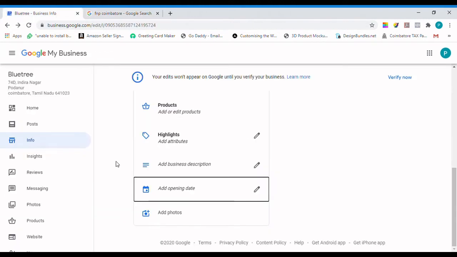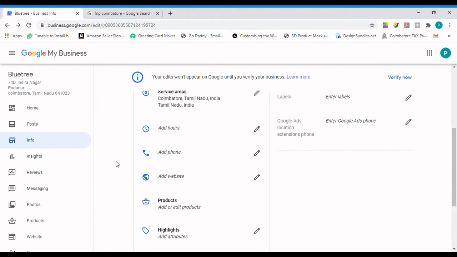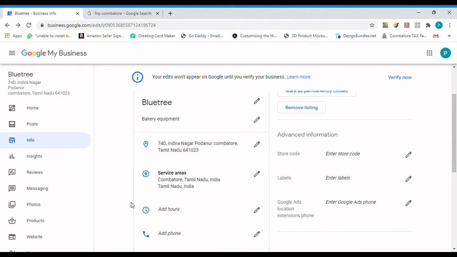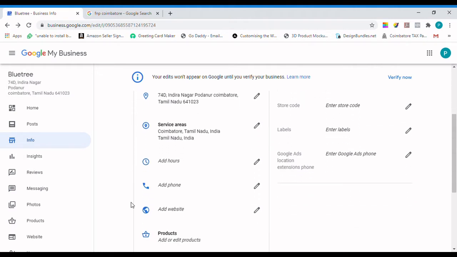Please add all this information, because the more information you add, the more visibility and response from customers and business leads you will get. Don't leave it empty, because the users are going to see only this information. Make sure the contact details, the direction, the website address and the timings of your store are up to date. If it is outdated, log into the Google My Business tool, go to the info section and update it.